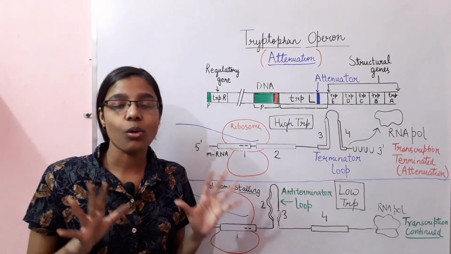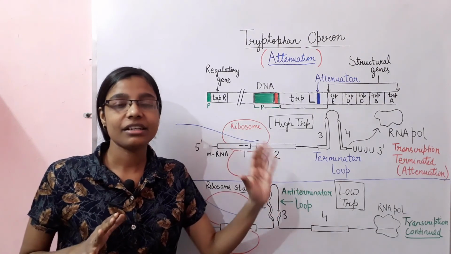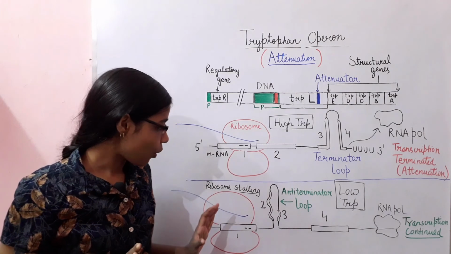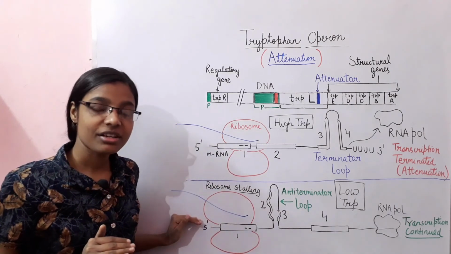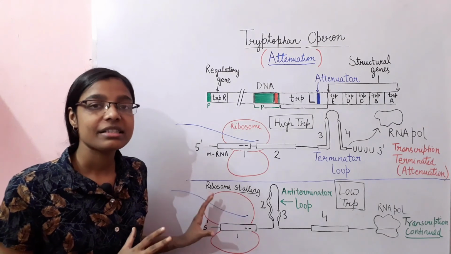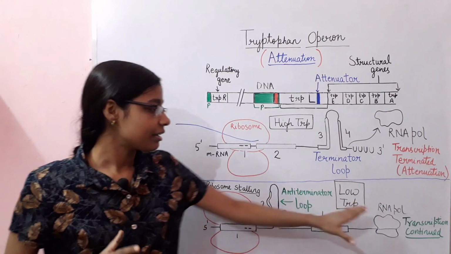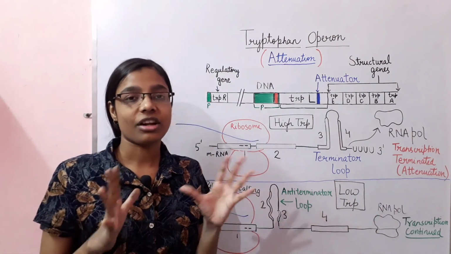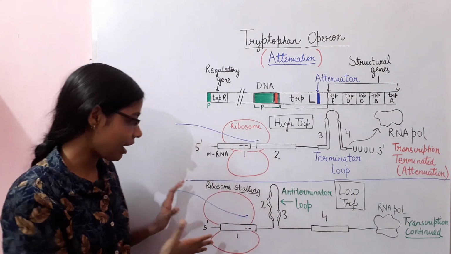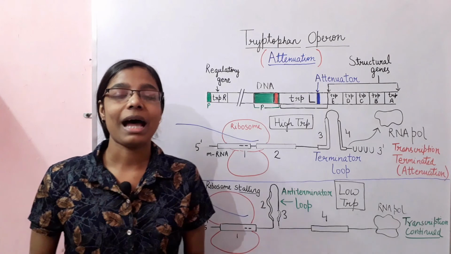Therefore this process is also called translation-mediated transcriptional attenuation, because the rate of translation is regulating or controlling the rate of transcription. Whether the transcription will take place or not is dependent upon the rate of translation. Okay, so that is all about the